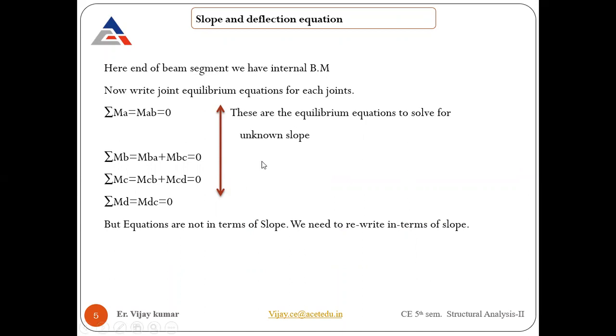Now, if you see, there is no slope equation, nothing has been represented in the form of slope. What do we need to do? We need to write these equations in the form of slope so we can calculate those slope values. Otherwise, these are values mentioned in terms of bending moment. These equations do not replicate any slope condition, there is no theta A, theta B, theta C, only values mentioned in the bending moment. What we need to do now is rewrite these equations in terms of slope.